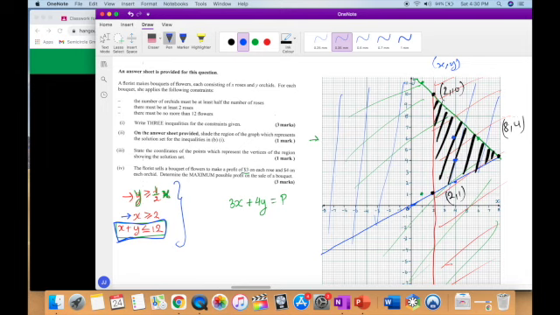So this point, for example, is the point 4, 4. So I could make a bouquet with 4 roses and 4 orchids in it, because that satisfies all of these equations. Yeah, I can make a bouquet with 4 roses and 6 orchids in it, 4, 6, because that satisfies